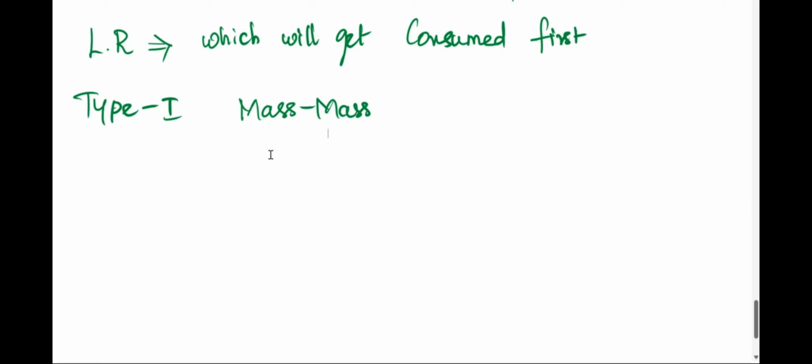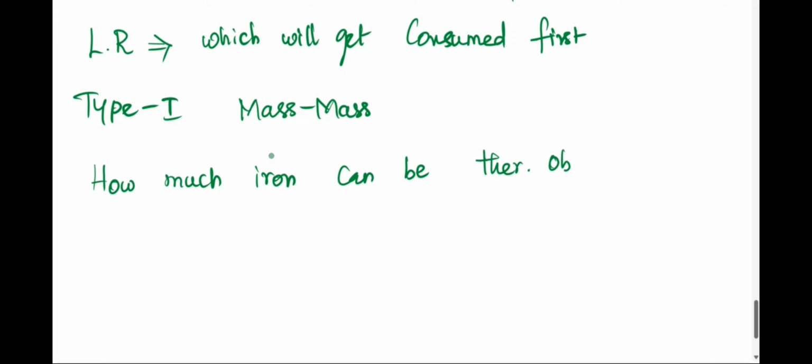Let's solve each problem so we'll get an idea how to tackle this kind of question. The type 1 is mass to mass relationship. So for this, I would like to take you a simple example but effective one. How much iron can be theoretically obtained in the reduction of